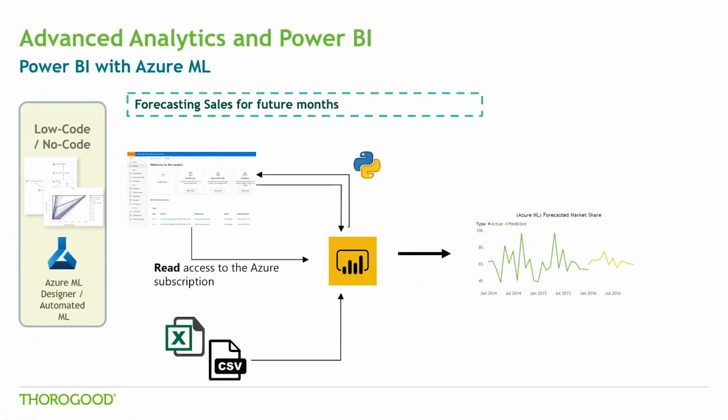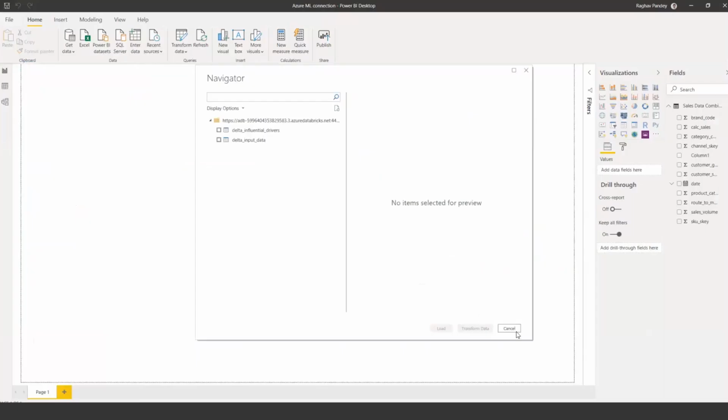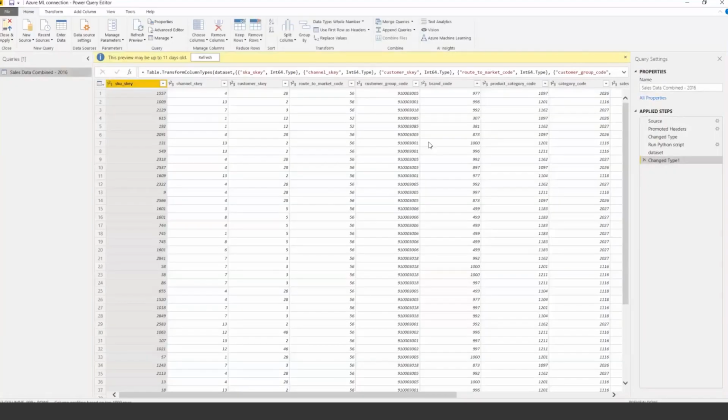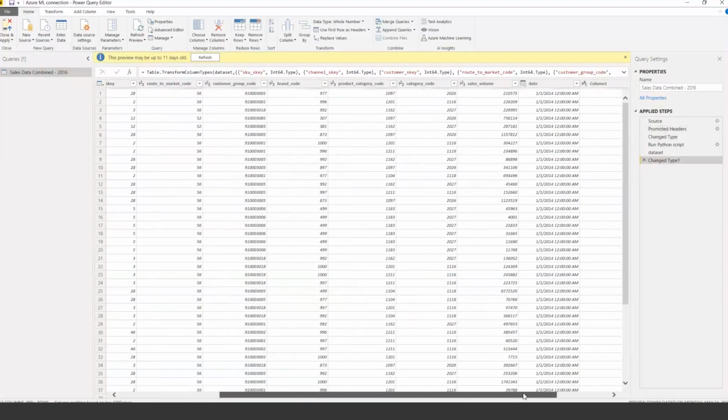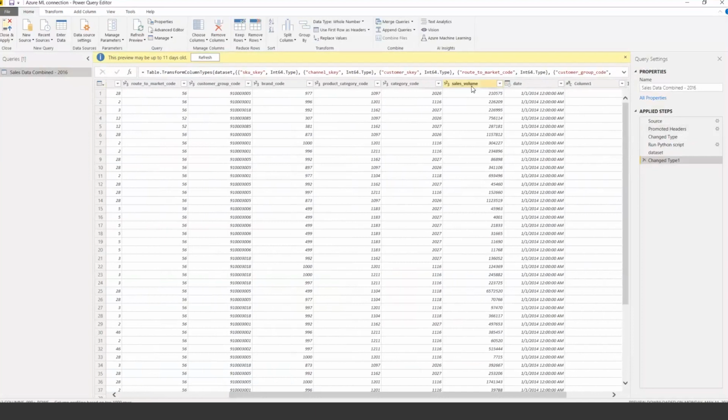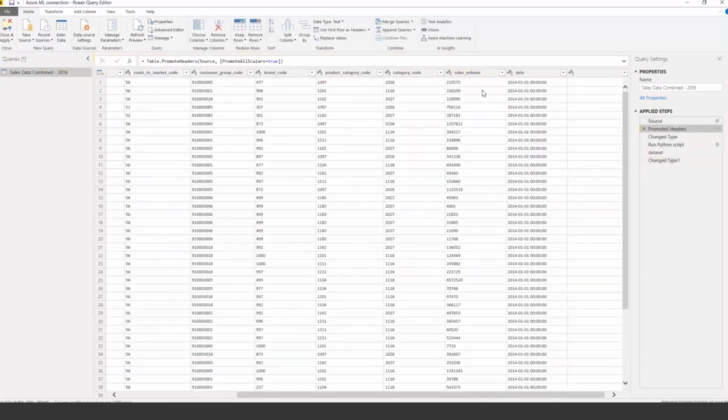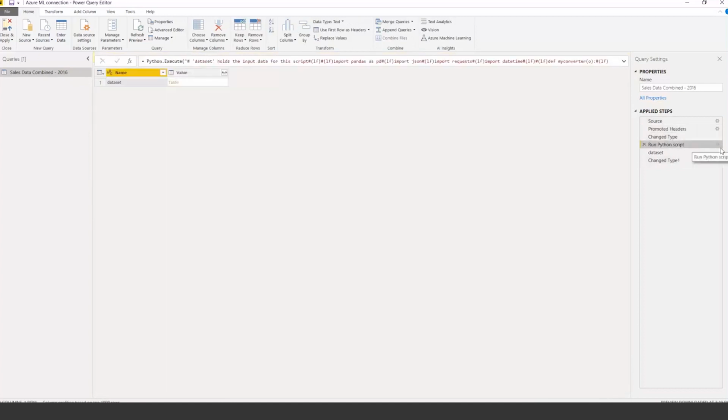So if I was to quickly jump into Power BI and show you these different steps. I've already loaded a set of data of sales looking at 2016 data, and I'm trying to consume a model which predicts the sales for this particular year, for example. And I already have some sales data available with me in sales volume, and maybe I just want a column which looks at the calculated sales. What I've done, as I mentioned, is I've already loaded a file with the data, with the different attribute values. And what I need to do as the next step is essentially run a Python script.